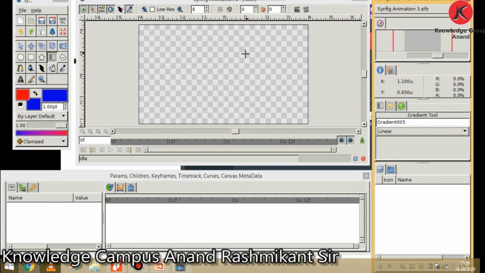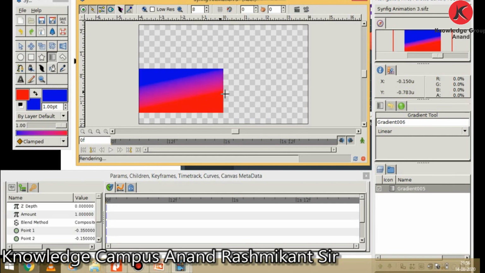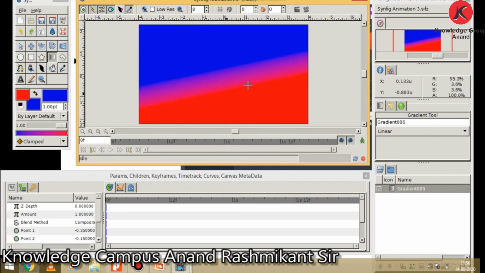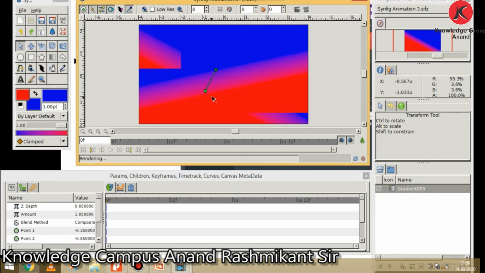You can edit the gradient by moving the end point in any direction using the normal tool. So I draw a gradient, and it is a linear gradient. You can see here its layer in the layer panel. You can move it by its duct.